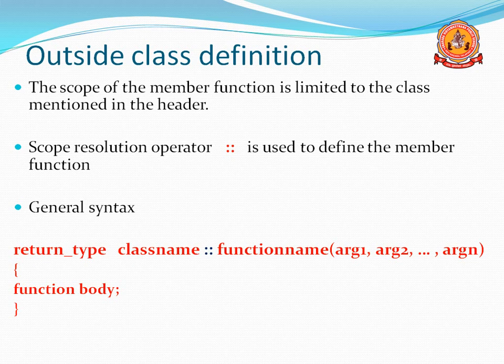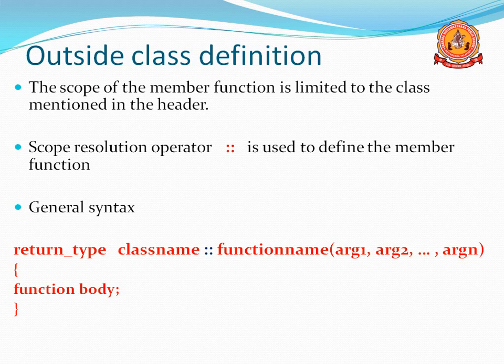The general syntax is given below. Return type: you can give anything, void, int, character, double, float, anything. Better to give void now. Then the identity label, here the class name. Class name is the identity label. Then after that the scope resolution operator. Scope resolution operator means 4 dots, or 2 colons together.